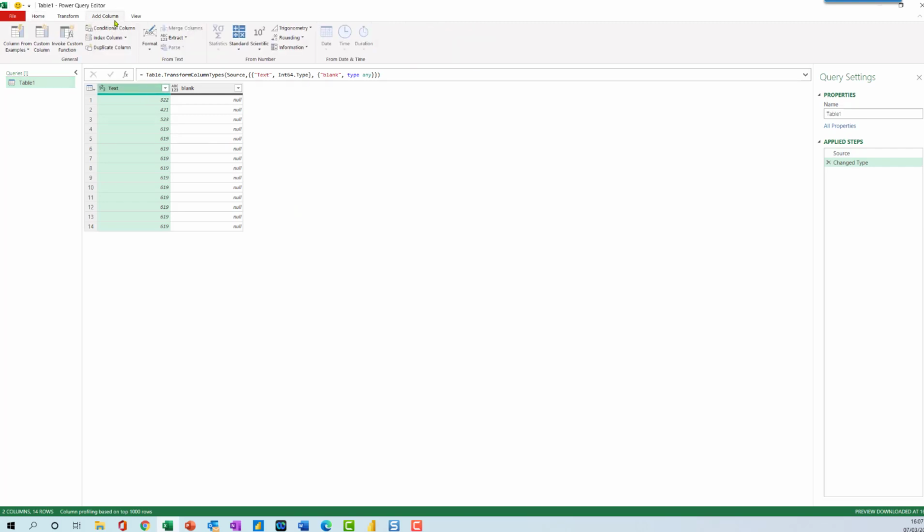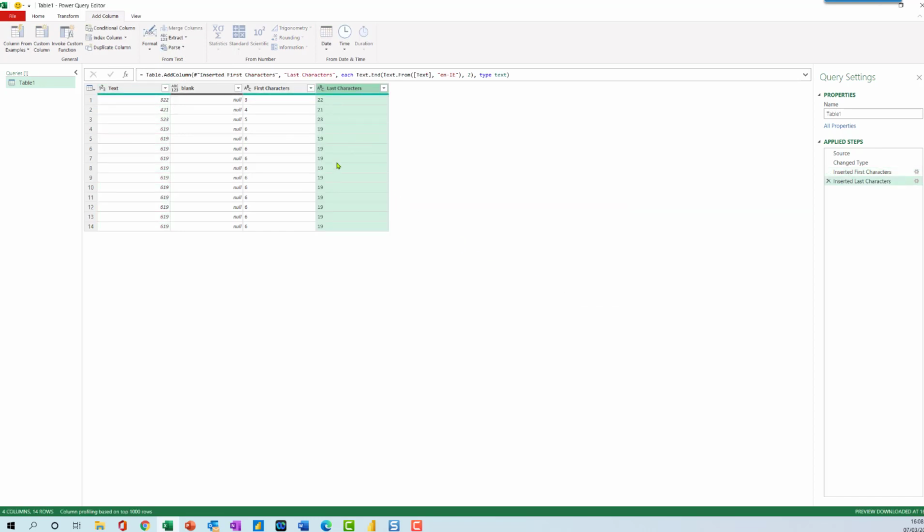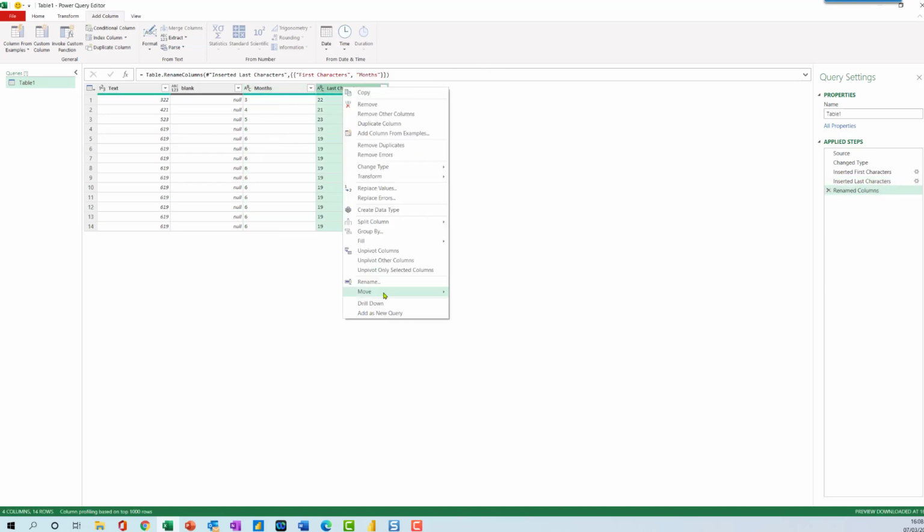So just go to add column, and I'm going to go to extract, let's say first characters, and let's say 1. Okay, so you can now see I've got my months done. And go back here to text again, and go to extract, and let's say last characters, and that's the last 2. Okay, all right, so now I basically got my years, I've got my months, and I'm just going to rename that now to months, and I'm going to rename this to year,